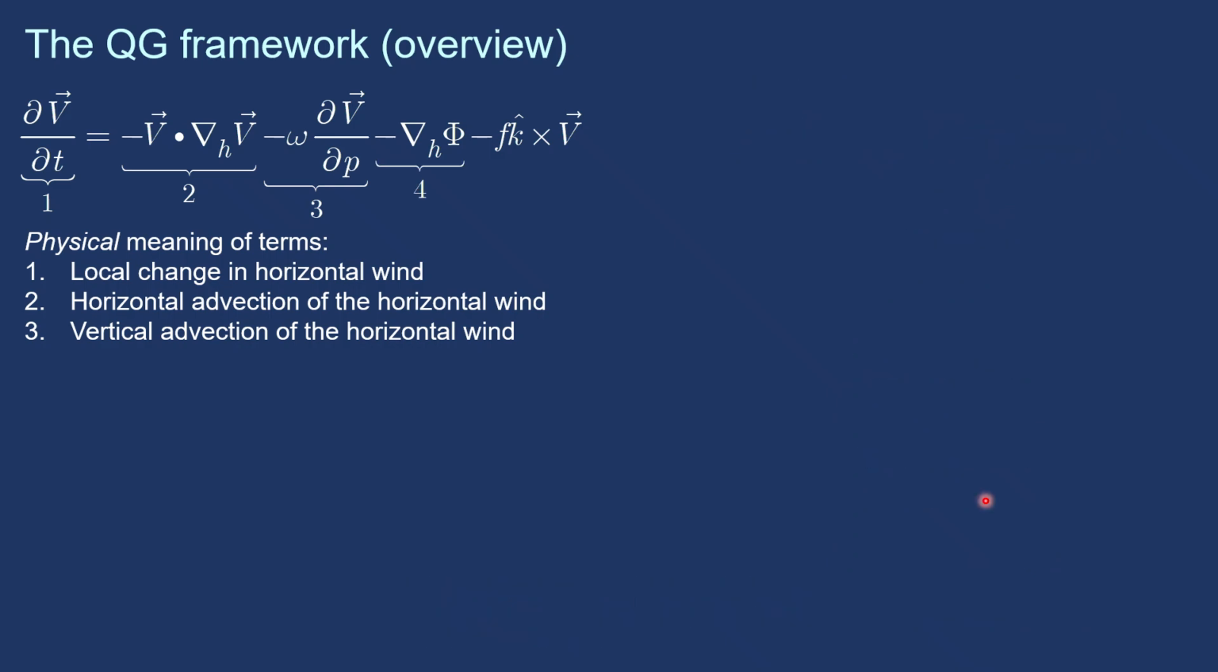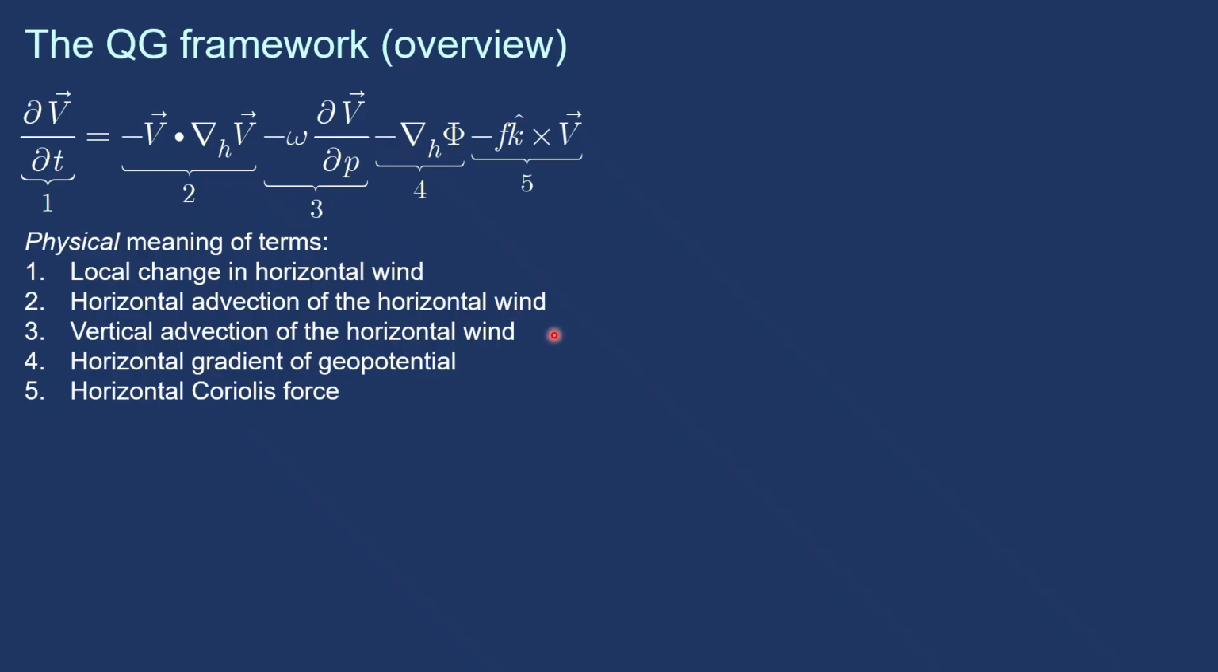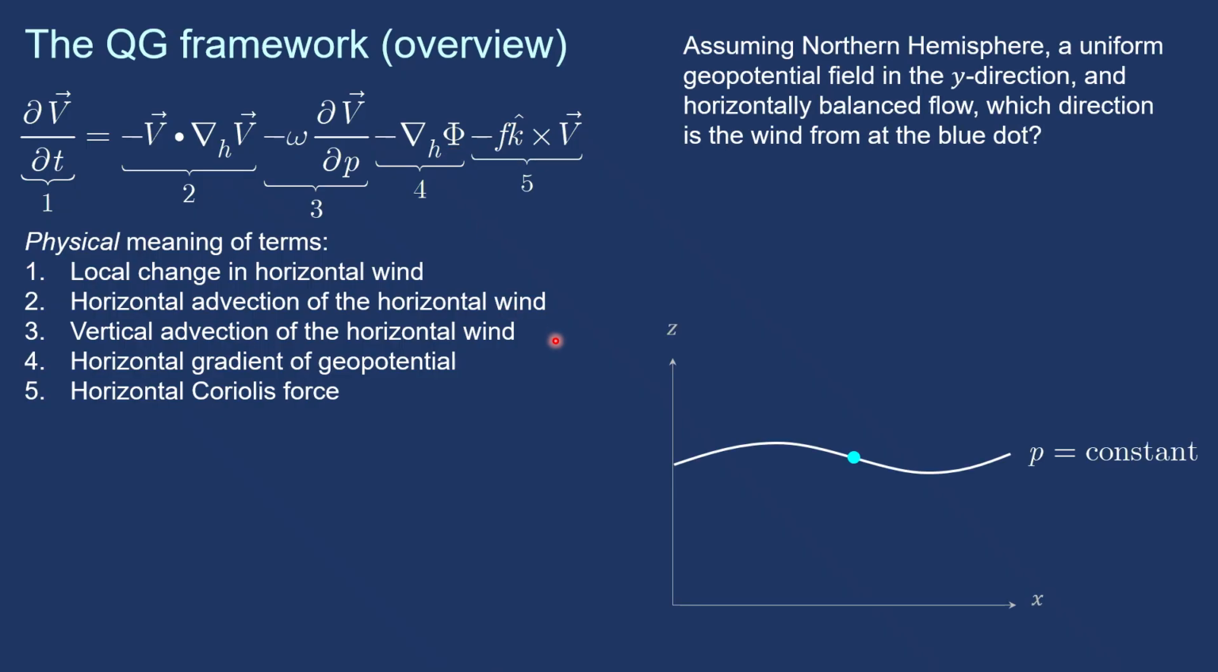So that's term 2, that's term 3, and then we look at term 4, and we'll look at term 4 and term 5 here together on the right-hand side. Term 4, the physical meaning of this is just the horizontal gradient of the geopotential, and term 5 is the horizontal Coriolis force. So once again, we can do this graphically, and we have here an XZ cross-section again,